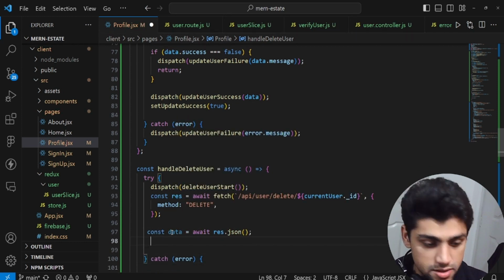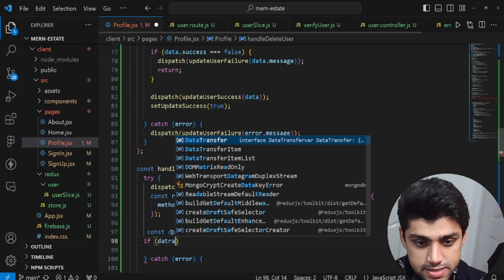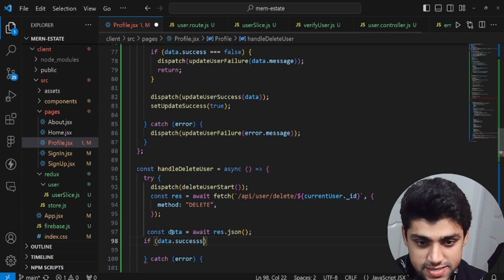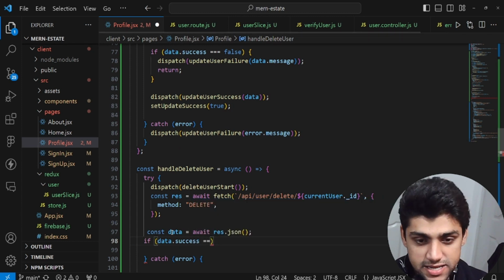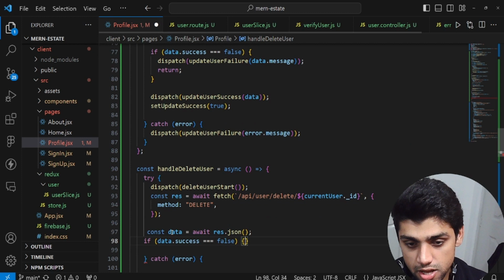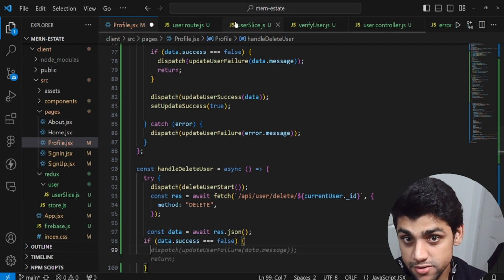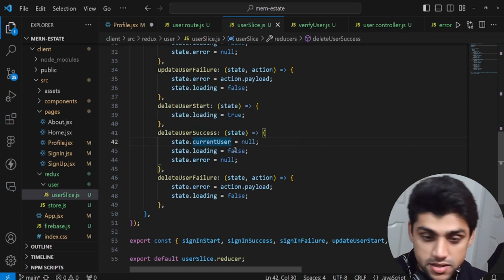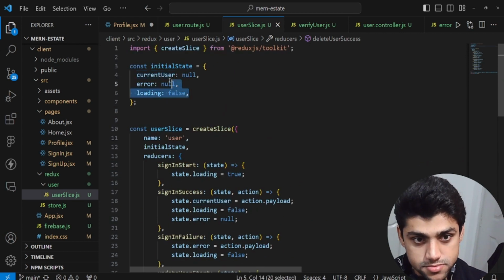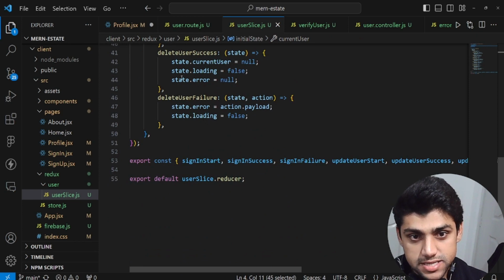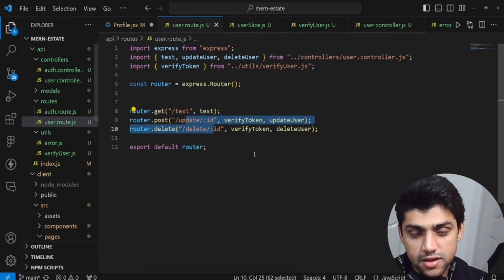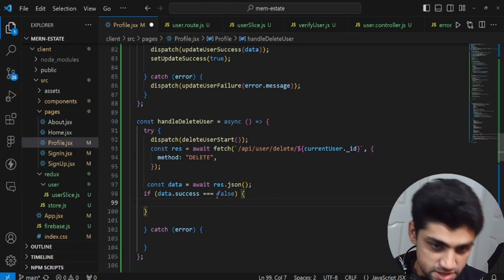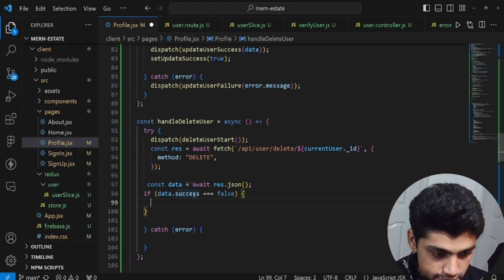And you could now, if you know the data.success, it's kind of repetitive since we've been doing this again and again. So if the data.success is actually equal to false, because this could equal false depending on my user slice conditions here. If data.success is equal to false, there's actually a state here for that. It's not over here, but there's got to be some configuration there. And if it's false, what we could do